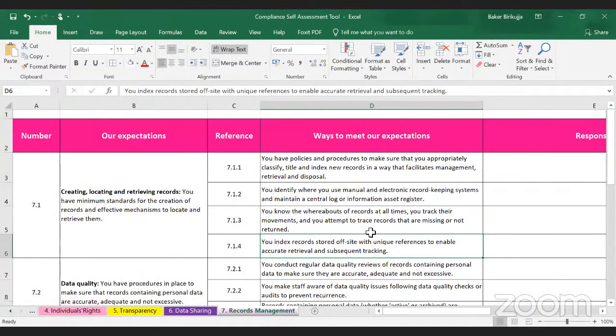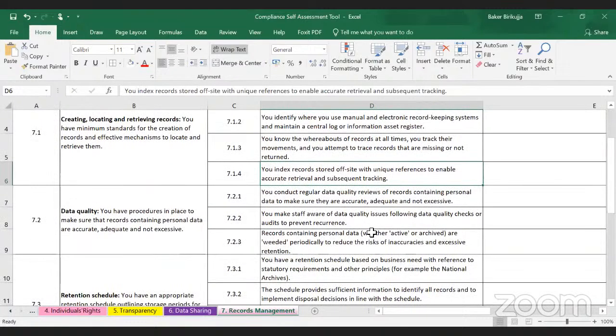Then the last area is records management. This one, most institutions, at least they have ways of handling records. And this is beyond, like I pointed out, personal data. Of course, you have things that speak to how to create, locate, and retrieve records. This also enables you